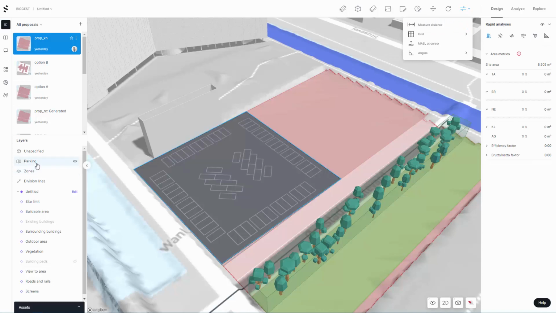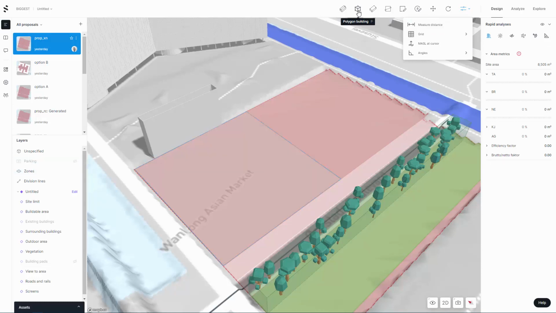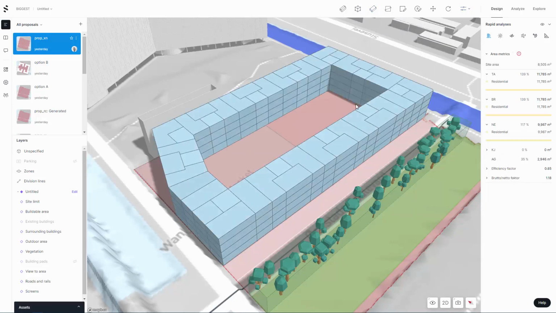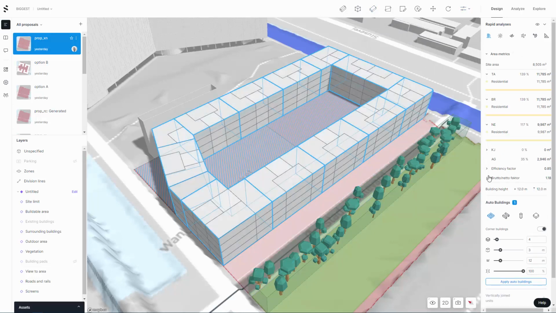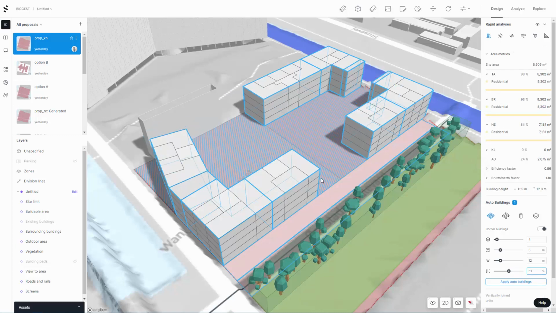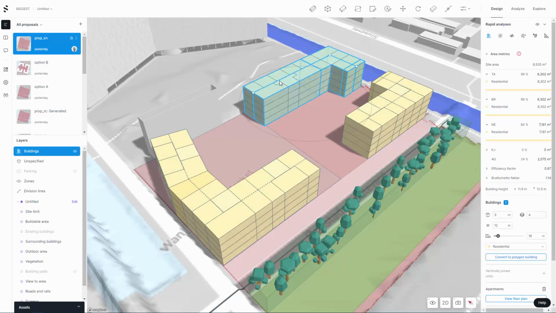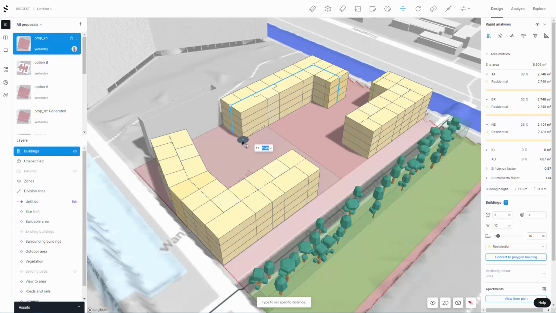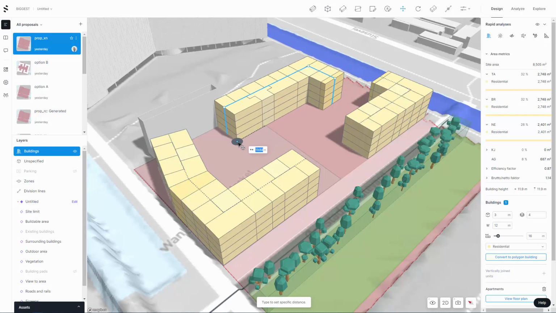So here I'll just turn off the car parking, and we'll just go and use that auto add building here. And now we want to maybe have some space between these buildings. And here, if we want to move one of those buildings, so let me just apply those auto buildings. So here I want to move that building. You can go and hit move, and there's a little snap tool here,